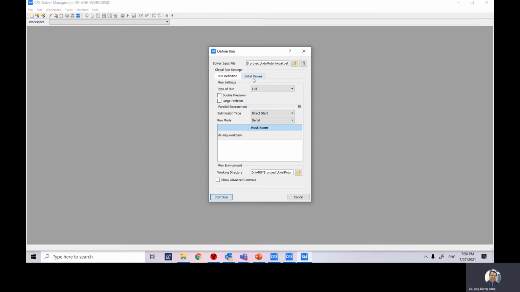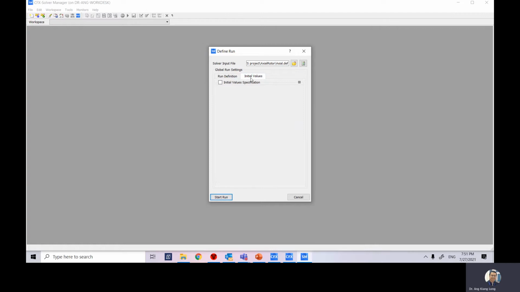we need to do something under initial value here, because just now the warning gave us some warning, so we need to input this initial value. Okay, so click initial value, select initial specification. So under this specification value, select this one. Right, make sure this one is selected. And then under